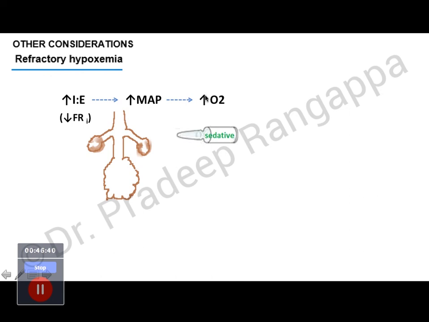But the need for sedation will be more if you increase the IE ratio or the inspiratory ratio. And how does that happen? Because if you have increased the inspiratory time, it will reduce the expiratory time. Reduced expiratory time produces auto PEEP. Because you have less expiration, more carbon dioxide accumulates. Our concept is that it will open up the alveoli. So that is how tweaking the IE ratio will improve oxygenation. You increase the inspiratory time, the expiratory automatically comes down. When expiratory comes down, your carbon dioxide is retained, and that will contribute to the auto PEEP, and that is known to increase the